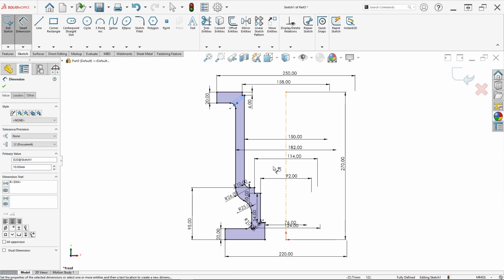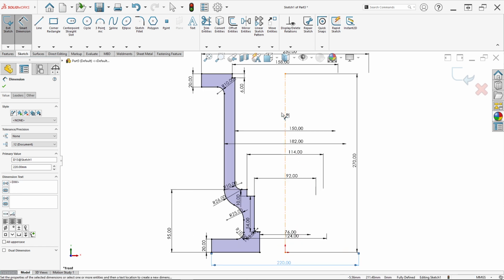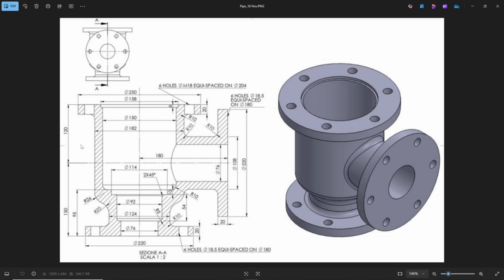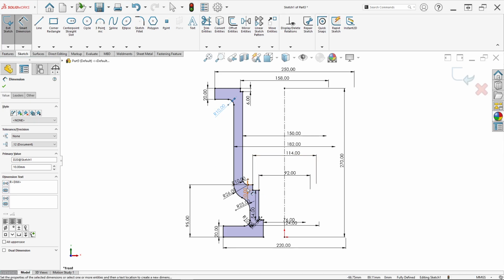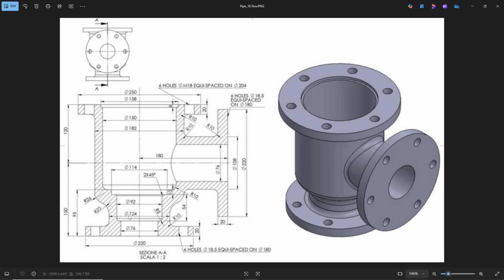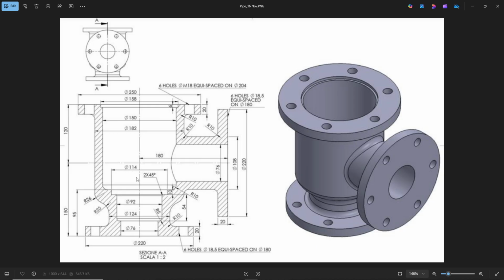Okay, ensure you input all dimensions like this. You must fully dimension it like this, appropriate to this drawing. Okay, we can check here that you input all dimensions appropriate to this drawing.